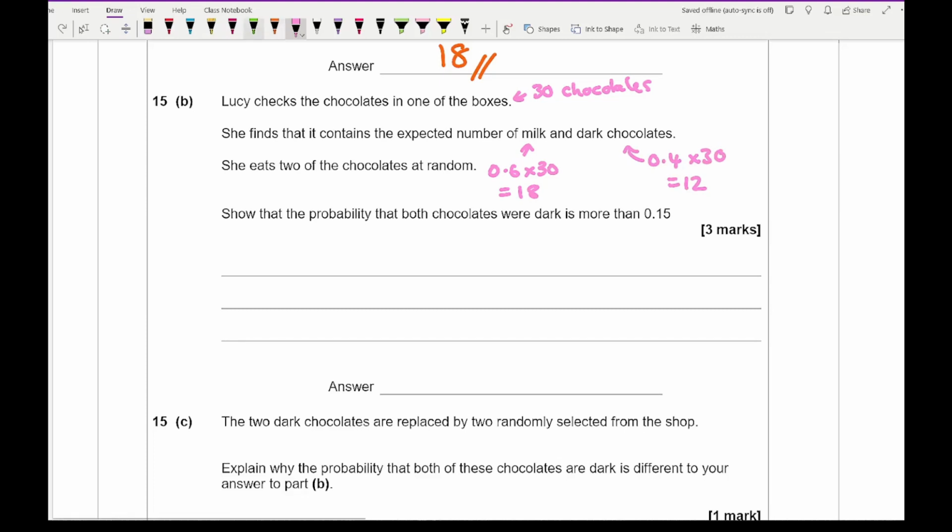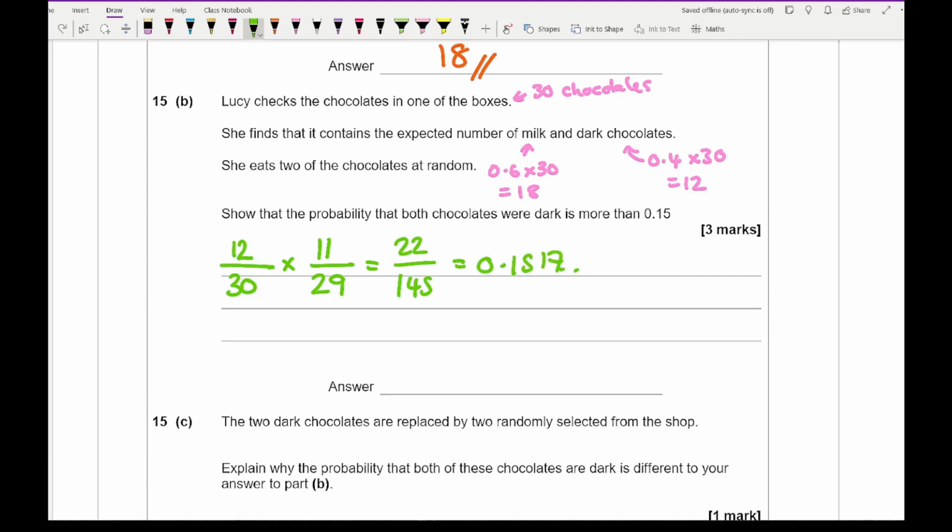So then the probability that her first chocolate is going to be dark is going to be 12 out of 30. Then she's eaten a chocolate, which means that there's only going to be 29 chocolates left. And how many of those 29 chocolates are going to be dark? Saying that she's eaten 1, that's going to be 11. So then all that's left for me to do is 12 over 30 multiplied by 11 over 29, which gives me an answer of 22 over 145, which as a decimal gives me